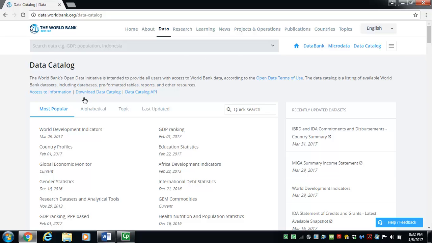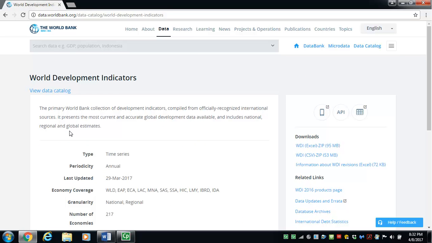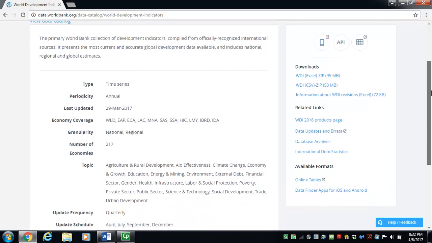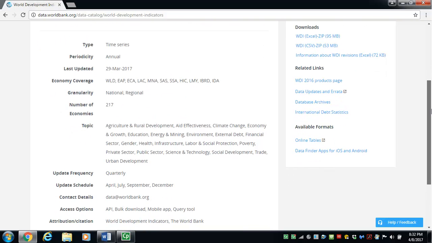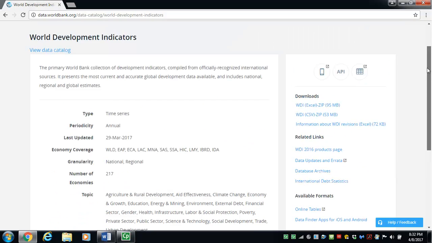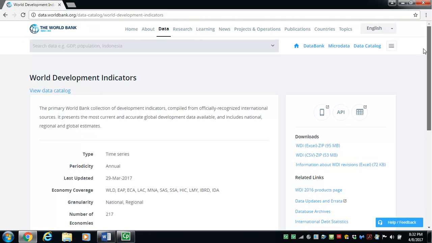So I'm going to click on that, and what I'm looking for here, you notice it describes the data set a little bit: time series, annual, national and region, up to 217 countries or economies, I believe, and some other information. Describes here the information that's included, updated quarterly, so we can scroll down and look at that information. What I will do, though, is download the entire World Development Indicators data set, and if I move down under